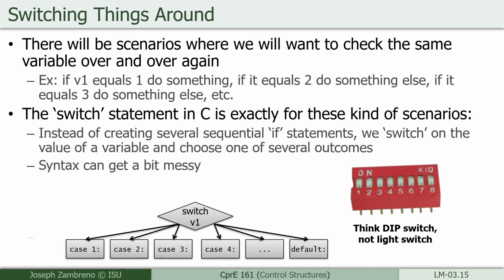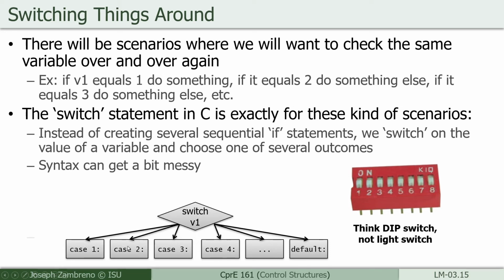So instead of creating several sequential if statements, which is still valid and fine, you can use the switch statement to actually check for a number of different cases of an integer type variable here. So conceptually, that's what our data flow and control flow graph would look like here. Instead of a bunch of just separate if statements, you'd have just the single switch statement, and the syntax is then case. So sometimes they're referred to as switch/case statements. You're switching on one integer variable type, and based on the value of that variable, you're going to do something if it's 1,